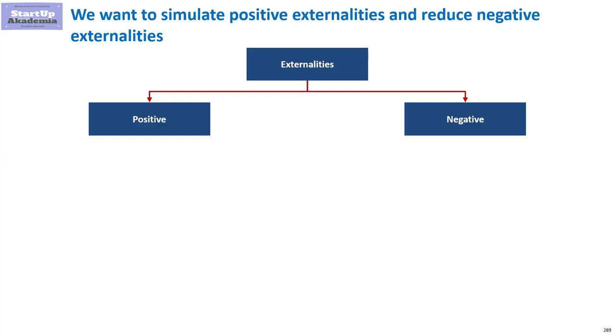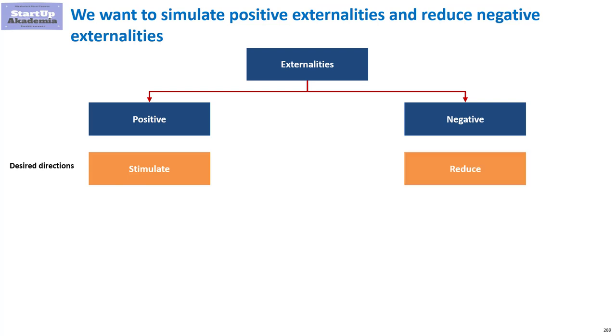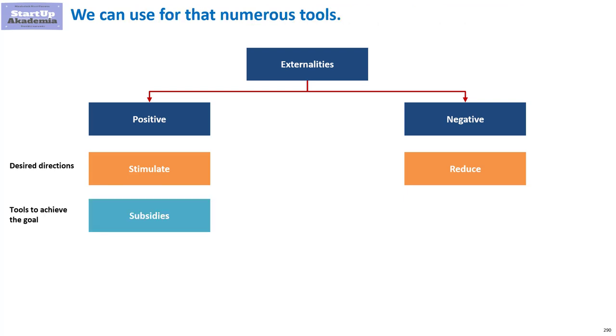As you may suspect, we want to stimulate positive externalities and reduce the negative ones. To stimulate positive externalities, we can use, for example, subsidies. A subsidy is, in a sense, a reverse tax. The government gives a firm or a person money for doing something. For example, if you want to increase the externalities connected with healthcare, you can subsidize the universities to train more doctors or introduce healthy food to elementary schools.